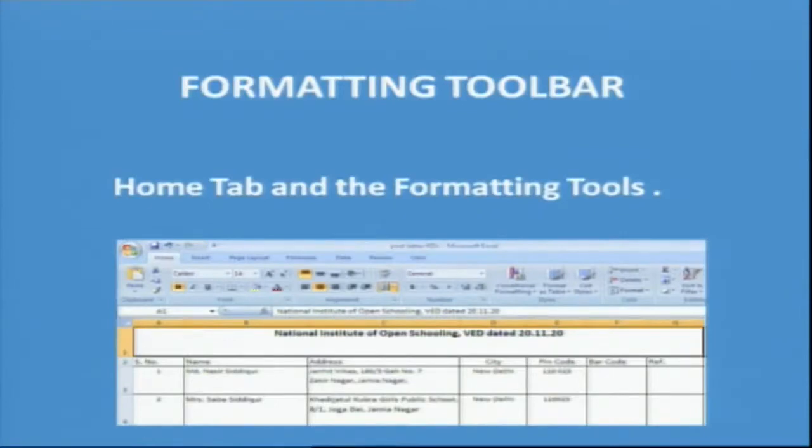The currency symbol which we will use when we want to use the currency. If I am mentioning the currency in dollar, then I may need the dollar symbol. If I am mentioning in the rupees, then I need the rupee symbol. So depending upon my need, I may have to get the different options.